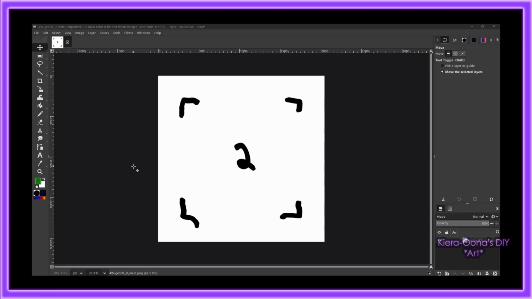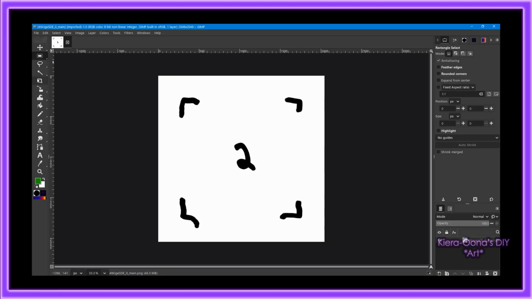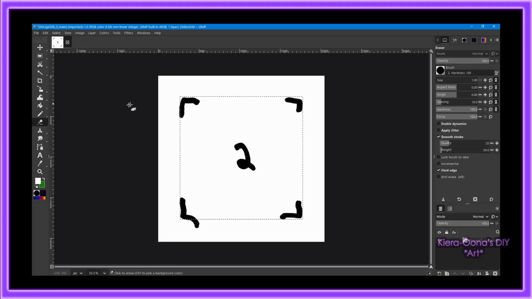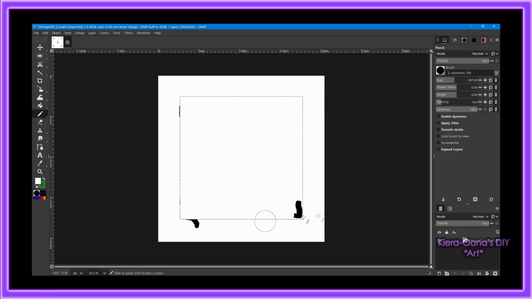Now keep in mind, I'm still learning how to use GIMP properly, but I'm getting the hang of it, sort of. So you want to keep your bounding box kind of in the middle. And what I'll do is I'll tend to wipe it out by using just an eraser tool. Yes, I take my sweet time doing this sort of thing, but you know what? Sometimes it's just worth it doing it the long way.